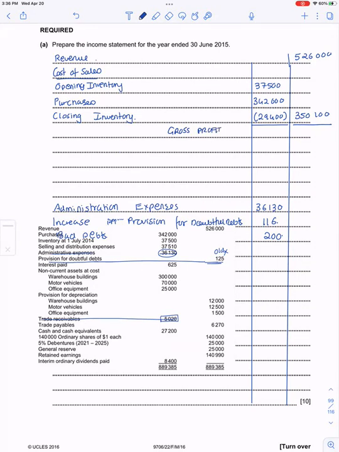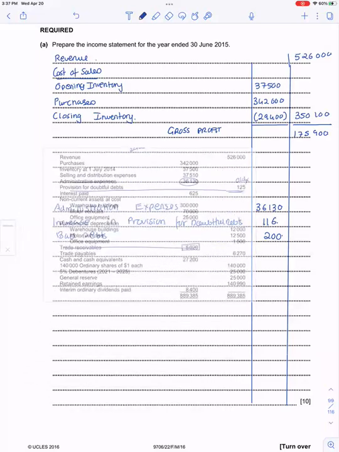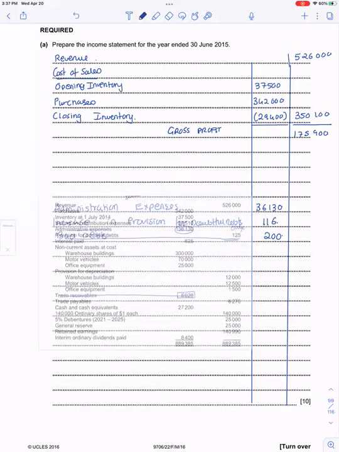If you all have finished doing, you tell me. If you have not finished doing, you tell me so that I know I should stay or proceed. Done. Yeah, that's gross profit 175,900. Now from this, what expenses do we minus? Minus selling expenses and administration expenses.